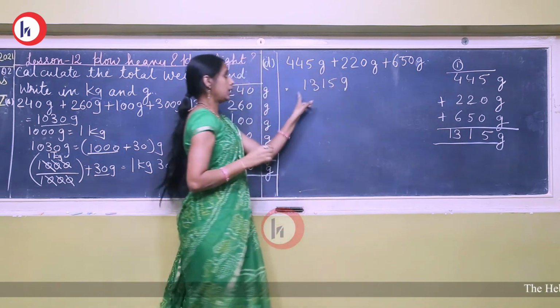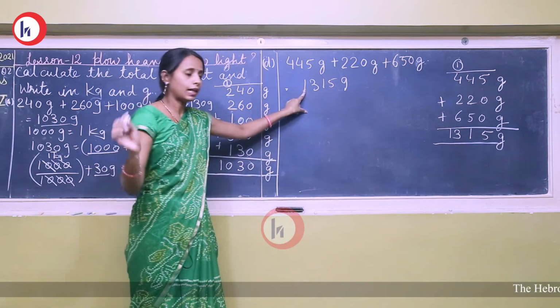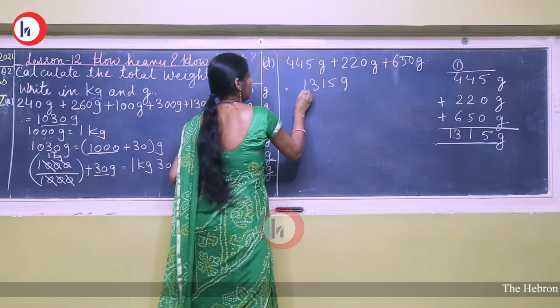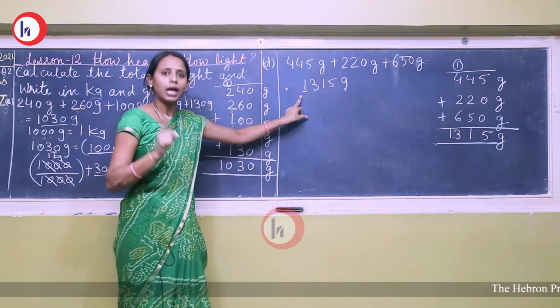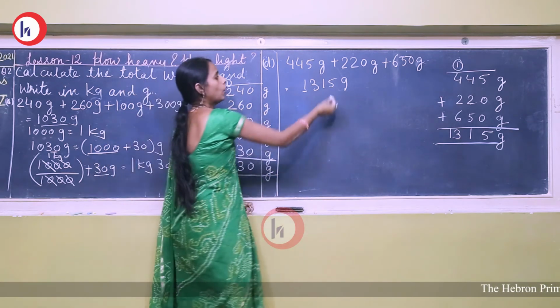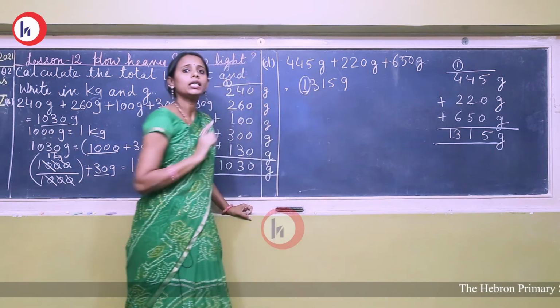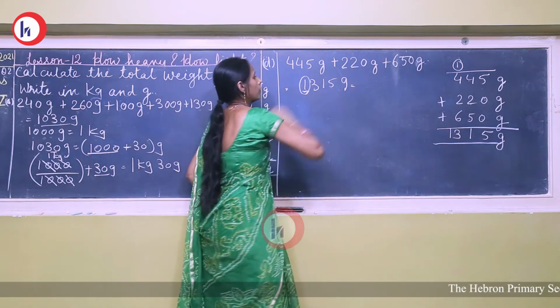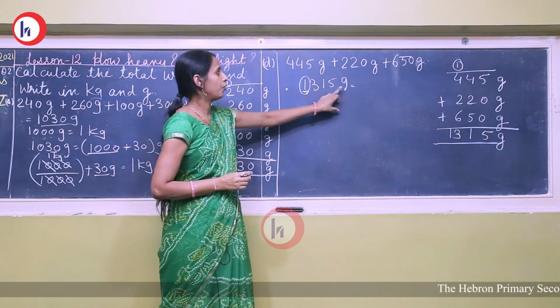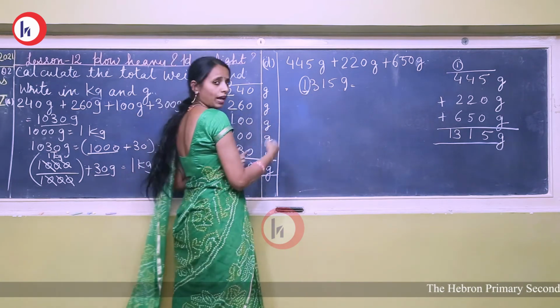Now here you can see it is more than 1000. अगर 1000 से ज़्यादा है तो the second way. Now see the place of 1000. 1000 की place क्या है यहाँ पे? Ones, tens, hundred and thousand. So it will be converted into kilogram. So 1 kilogram and 350 gram. So in the second way I will explain.